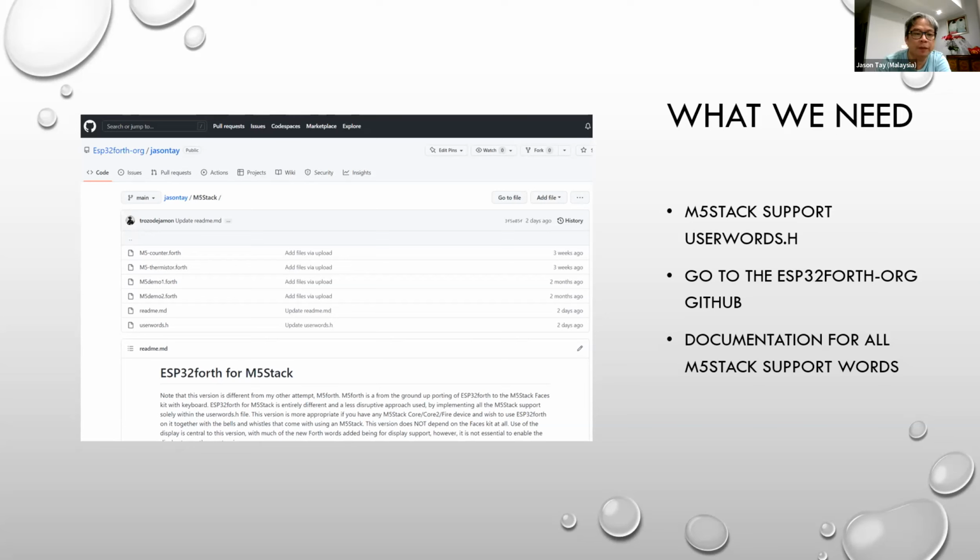So all the files that you'll need are already uploaded as far as M5 Stack support, as well as a number of different examples, including the thermistor example. Okay, so thermistor, I should be adding the thermocouple as well. There are detailed instructions, detailed explanations on all the words that have been added through the user words file,